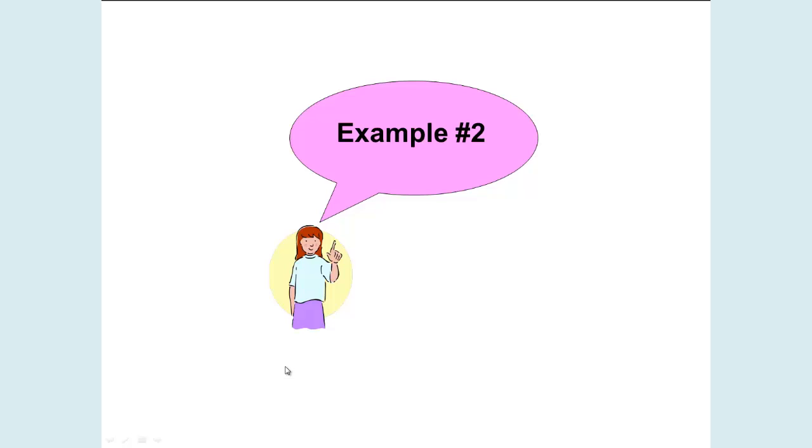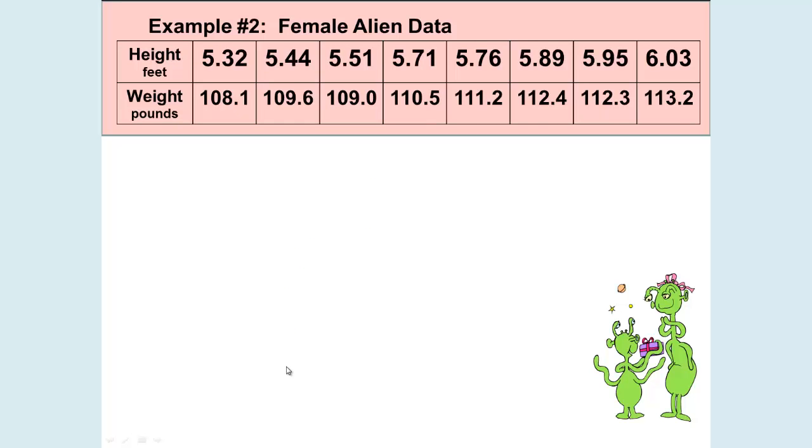Now let's look at example number 2, and let's work it together. In this case, we have female alien data and the heights of the females and their weights in pounds. Our heights are 5.32, 5.44, 5.51, 5.71, 5.76, 5.89, 5.95, 6.03. The weight in pounds is 108.1,